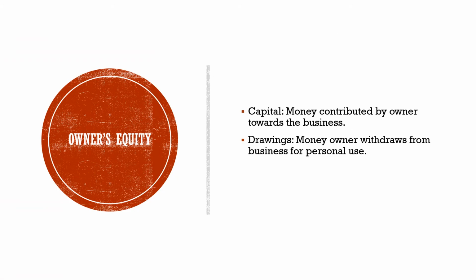Right, so owner's equity. You get two types of owner's equity: capital and drawings. Capital is when the owner puts money into the business, and drawings is when the owner takes money out of the business. So in other words, capital will have a positive influence on the business's owner's equity, and drawings will have a negative influence on the owner's equity of the business. Right, so